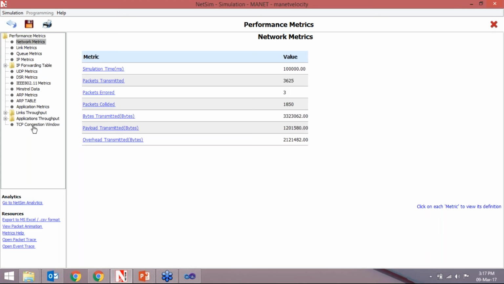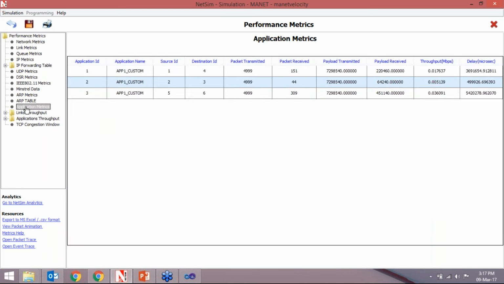now it has been simulated, and in application metrics you can see the throughput of the devices. Okay, so we have added the 3 applications. So for overall throughput we have to add this throughput. Okay, so we just note these data somewhere else. So we are considering that 10 meters per second has some values of throughput here, and